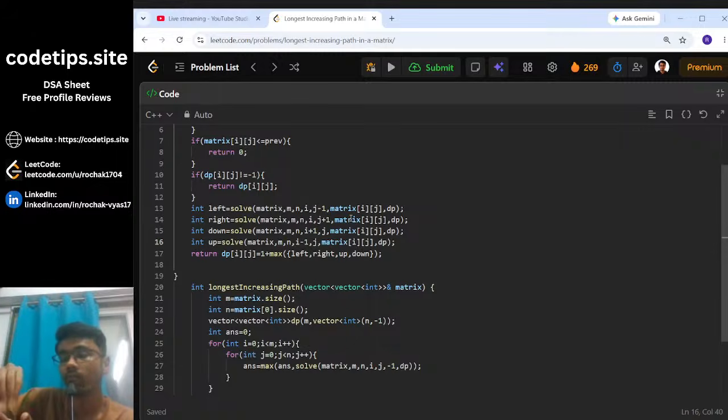Whenever the first time we calculate any answer, we store it in a memory. Here memory is what? The DP table, the DP of i comma j. Now how do we decide this DP of i comma j? The DP table is decided by the number of changing parameters. Whatever parameters are changing, that will be equal to the number of states